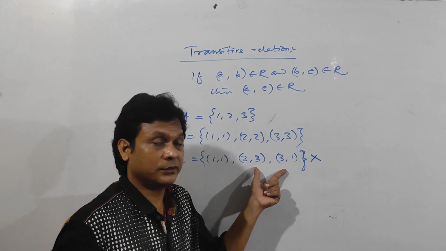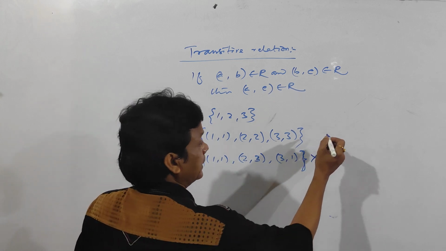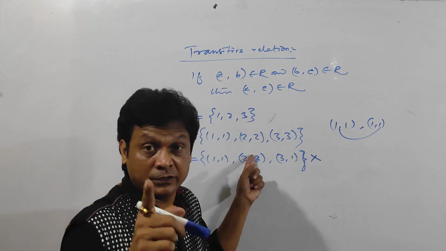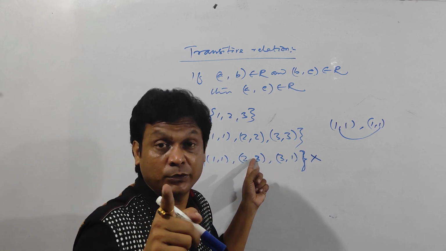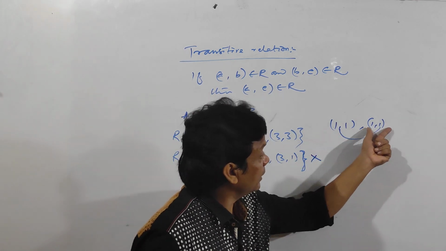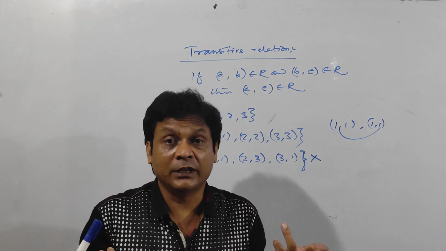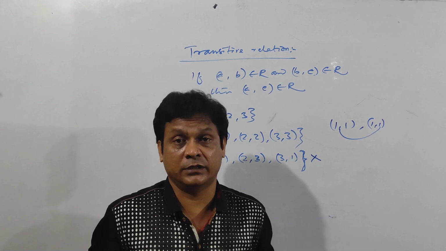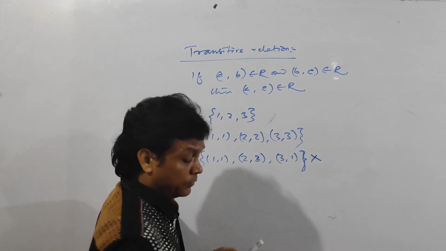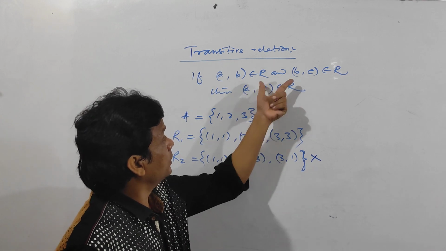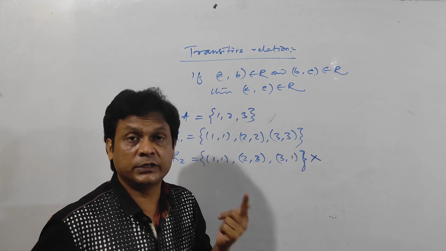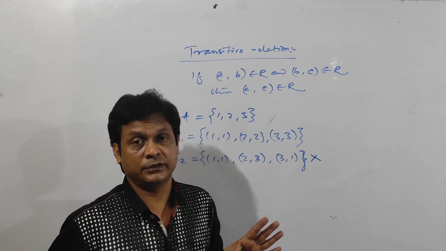Here I am giving an example. Here, some are saying that, so (1,1), (1,1), so (1,1). But it is a set, there is no repetition. Is that clear to you? In a set, the repetition of elements is not allowed. So, how are we taking (2,1,1)? Tell me. So, it is a contradiction, completely a contradiction case. Clear? So, my question is that, if you can give an example for which the condition fails, then only you can say that it is not transitive. Here you cannot give an example for which the condition fails. That means it is transitive. Clear?